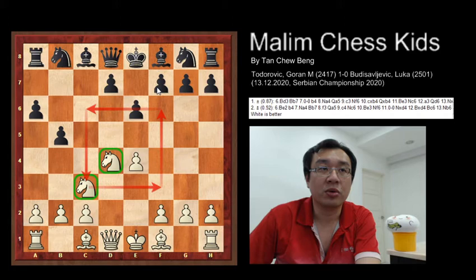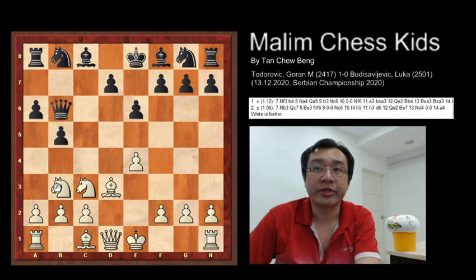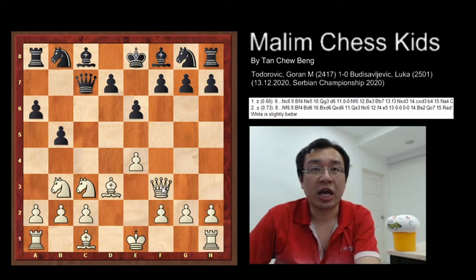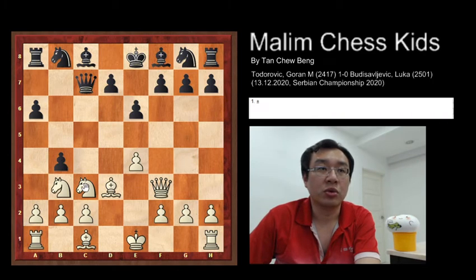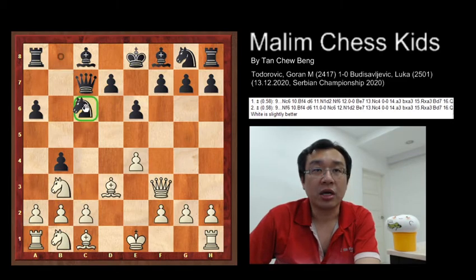d3, then queen to b6 and knight to b3, then queen to c7, and now queen to f3 and b4 was played, and now the knight to b1, and here the black developed the knight to c6,